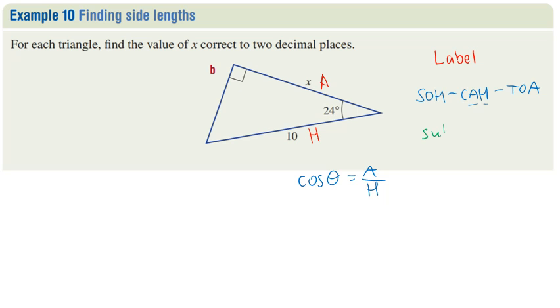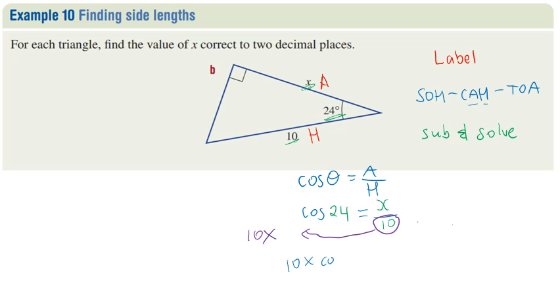Then we need to substitute in the values and solve. So for this triangle here, the angle is 24. The value of A, that's x. And the H, the hypotenuse, is 10. So now I need to solve for x. So bring this 10 round to the front. So 10 times, put into the calculator 10 times cos 24, and that will give us 9.14 is the value